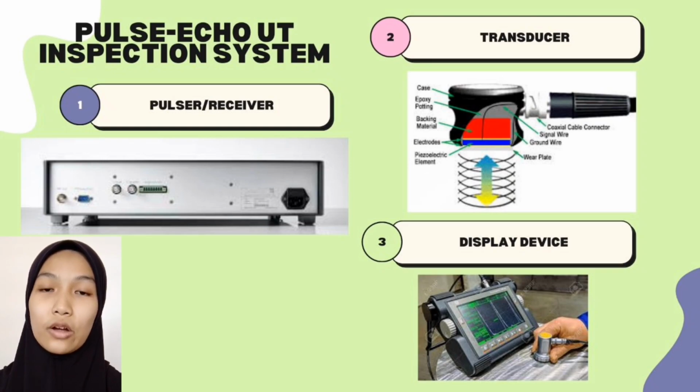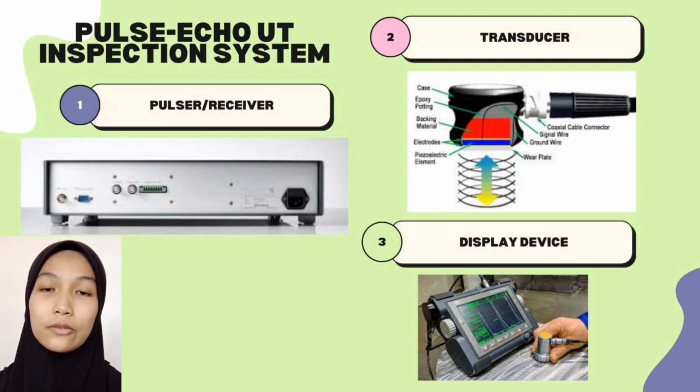The principle of ultrasonic testing is based on the transmission of high-frequency sound waves, typically in the range of 0.5 to 20 MHz, which are directed into the material to locate internal flaws or defects. A pulser or receiver is an electronic device that can produce high-voltage electrical pulses. Driven by the pulser, the transducer generates high-frequency ultrasonic energy. The sound wave travels through the material